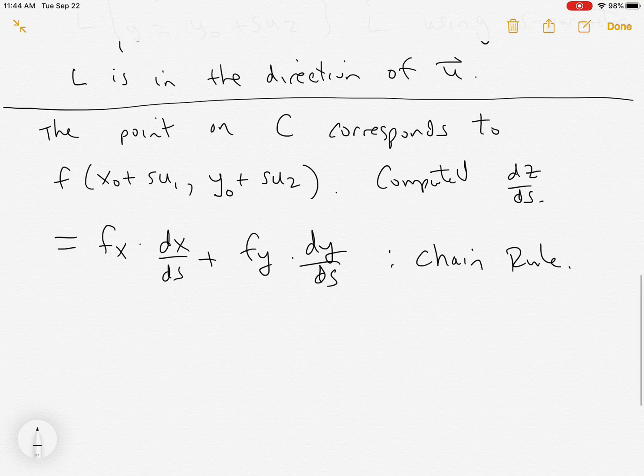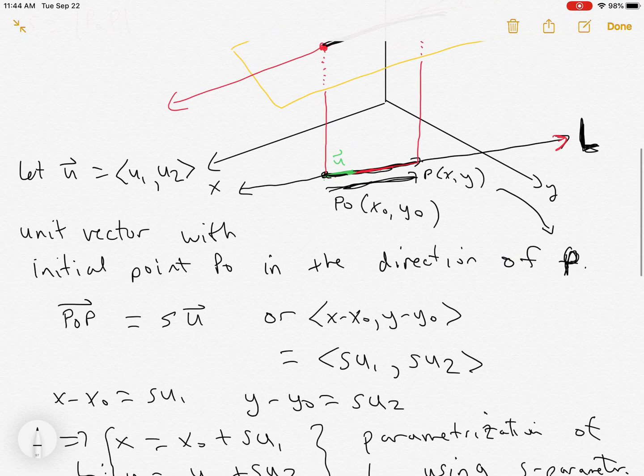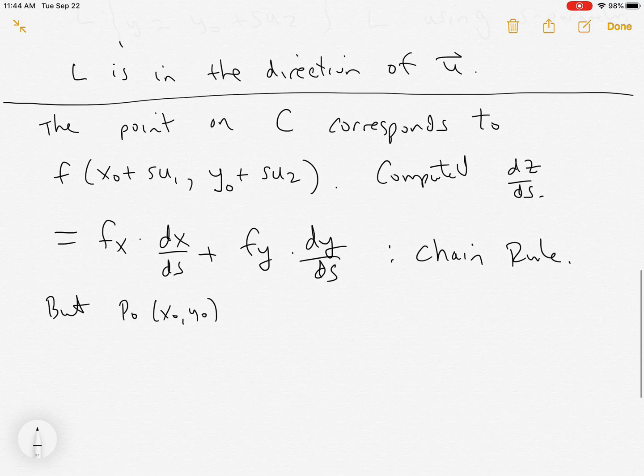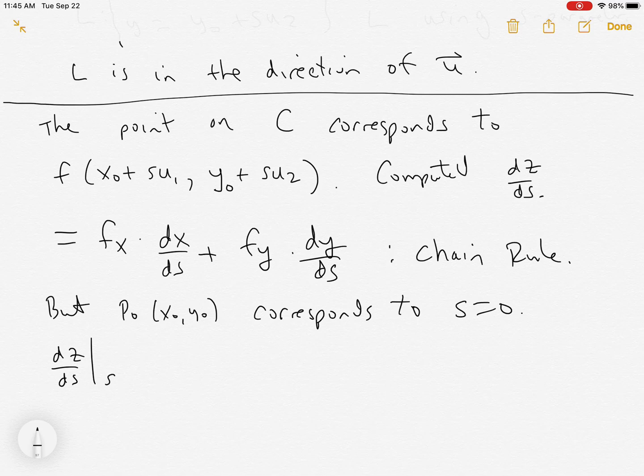But P naught, x naught, y naught, I'm going to go back up here, I can't keep the picture. This point right here corresponds to where s equals 0 on our parametrization. So when we evaluate dz ds at s equals 0, at that point, we get,